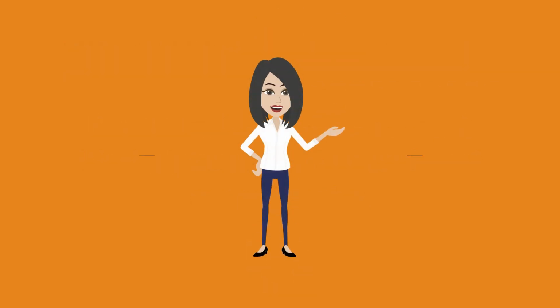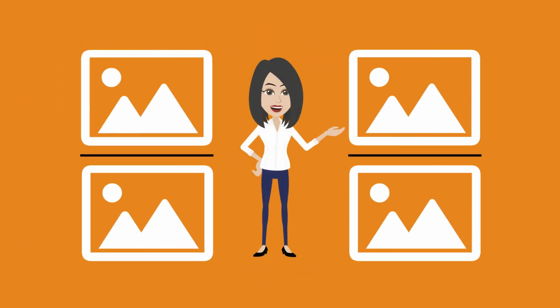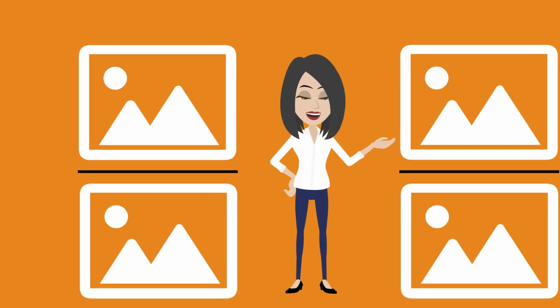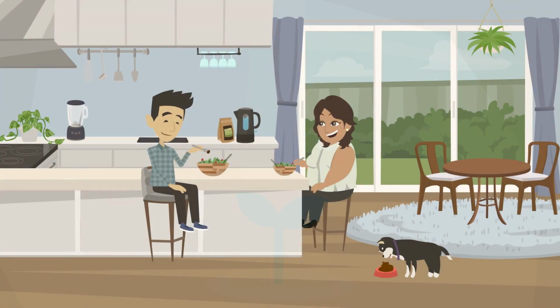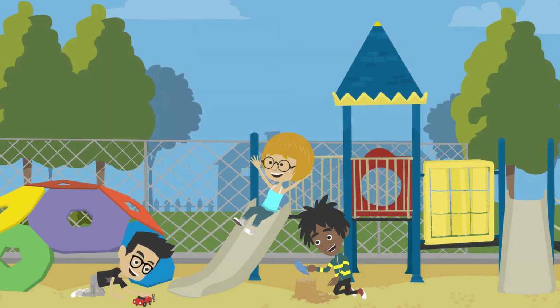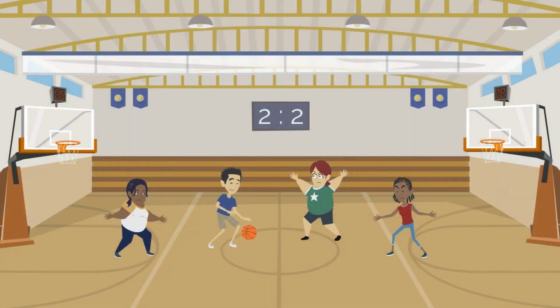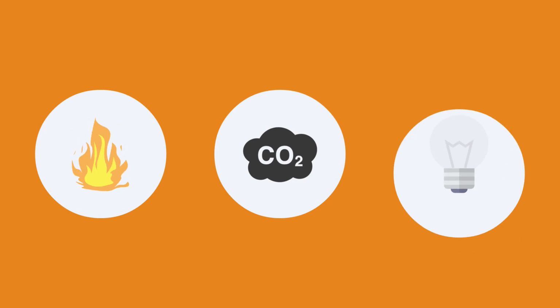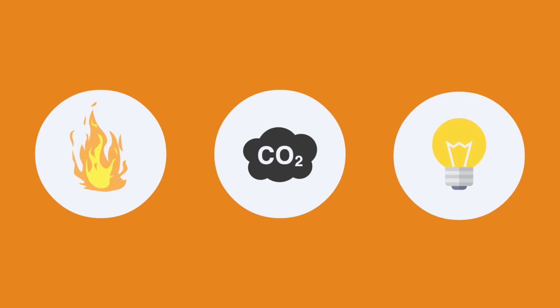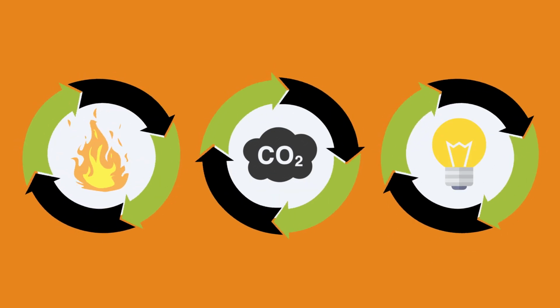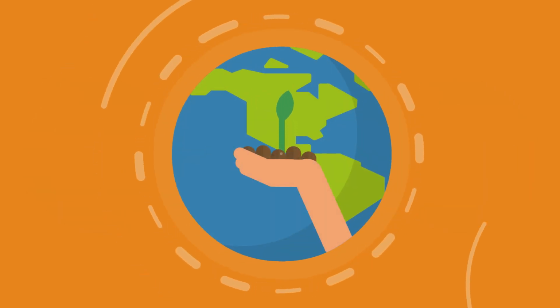To better expand on this concept, it can be helpful to offer a visual sequence of energy use. For example, plants use sunlight to grow. Once they are fully grown, we eat them. Once you eat those plants, your body turns them into energy. When you play, that energy is turned into heat, carbon dioxide, and a variety of other energy forms that are continuously transformed and used by the earth.